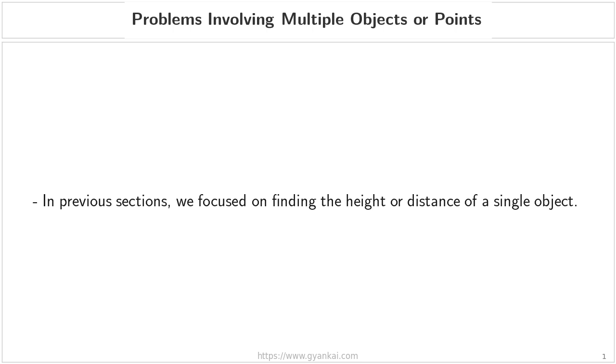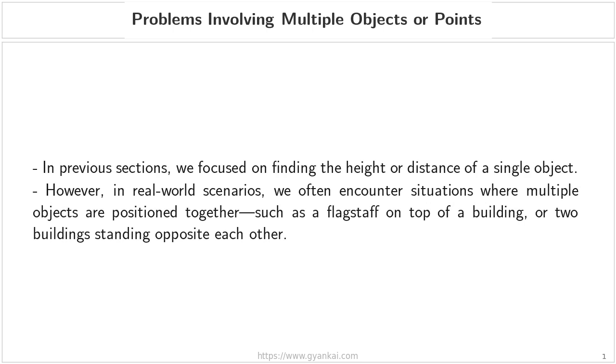Now, up until this point in our lessons, we have primarily focused on how to calculate the height or the distance of a single, isolated object, like finding the height of a lone tree or a single tower. However, as we move into more complex, real-world scenarios, things get a bit more interesting. You'll often find that objects are positioned together. For instance, you might see a flagstaff mounted on top of a building, or perhaps two different buildings standing directly